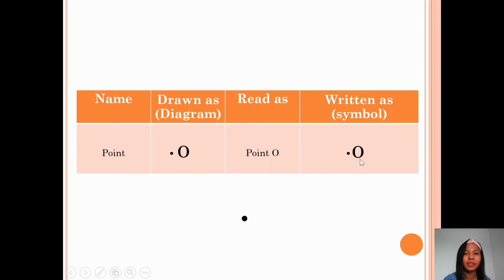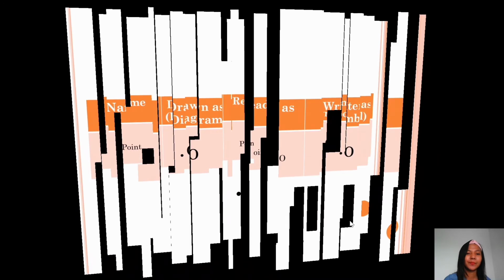Okay, next. When you're going to write point O, it's just the same as in the diagram. Just the dot and then the letter O. Okay? So you can see dots anywhere. Okay? So next,